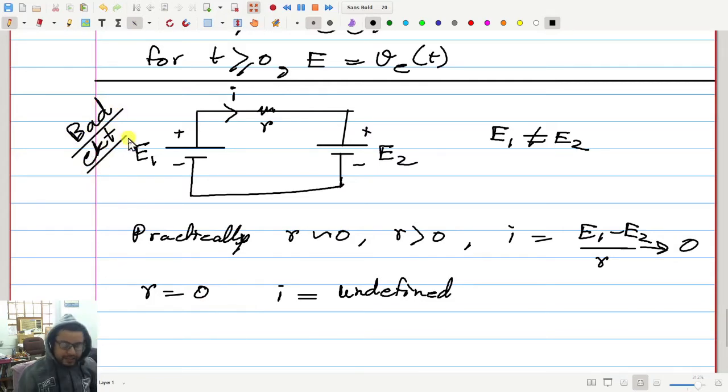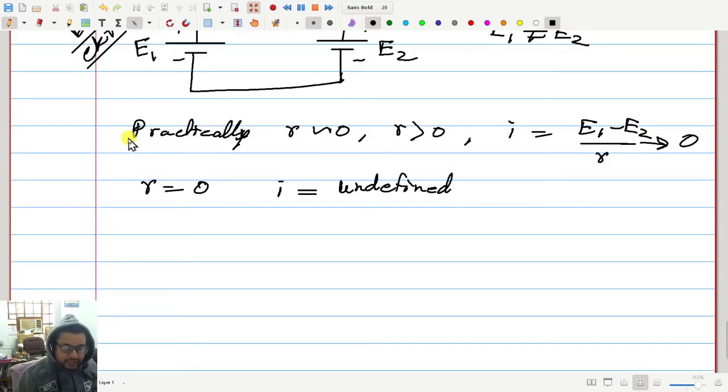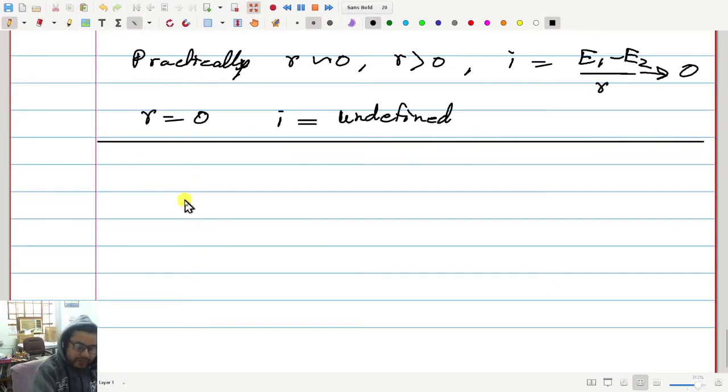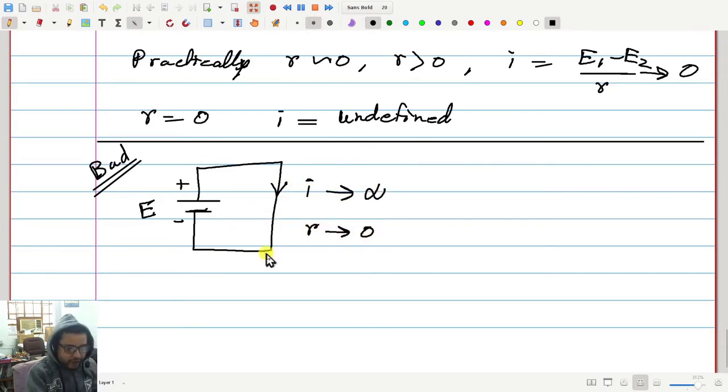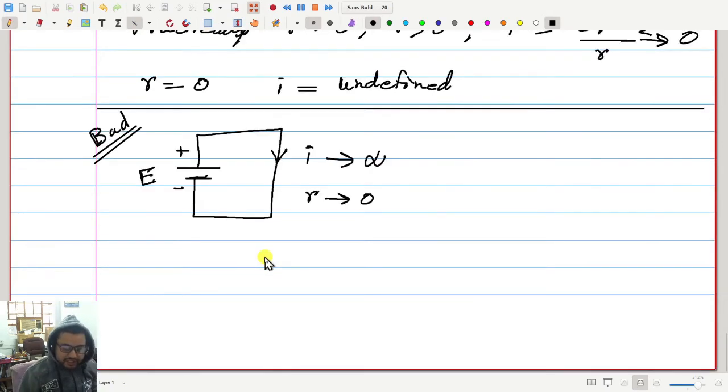Similarly, since you asked this question, let me ask: what will happen if I take a battery or a voltage source and connect it like this with a wire with negligible or zero resistance? The wire will heat up and the battery will get immediately discharged. This is again a bad circuit. Current practically will tend to infinity if the resistance R is tending to 0. Never ever try this in the laboratory, it is dangerous. So never do this.